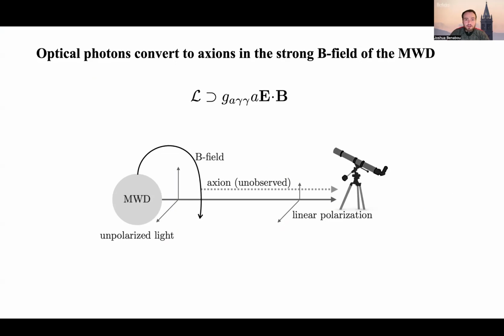These photons may convert into axions in the strong magnetic field of the star, which takes typical values on the order of hundreds of megagauss. In order for these photons to convert into axions, they must have a polarization which is parallel to the local direction of the magnetic field. And this means that completely unpolarized light leaving the surface of the star would then acquire some level of linear polarization in the presence of conversion into axions. The non-observation of this linear polarization allows us to place constraints on the axion-photon coupling G_aγγ.